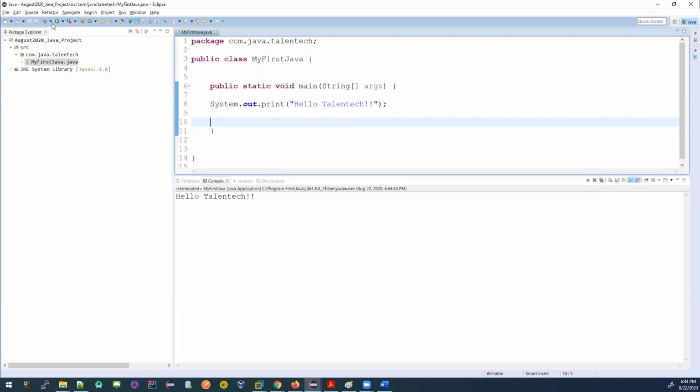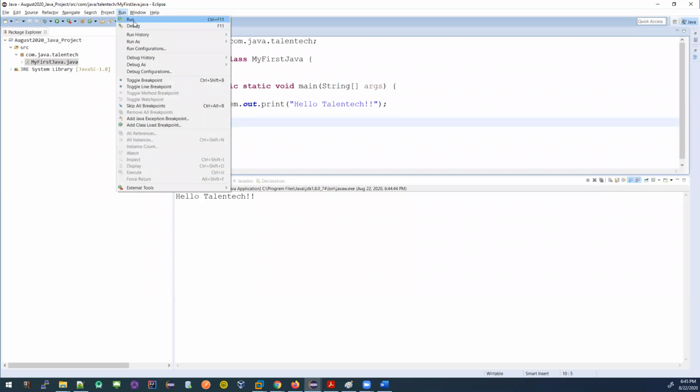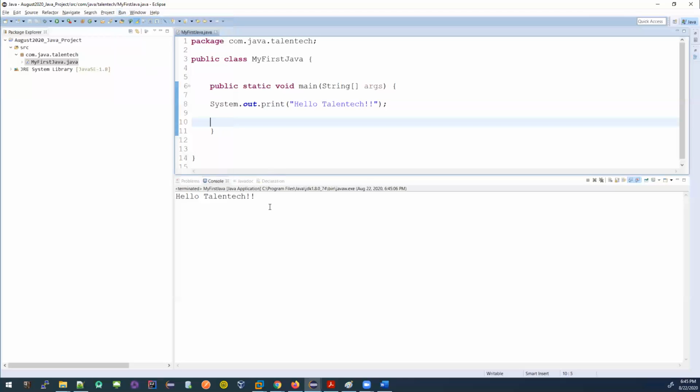Or you can go to Run and say Run. The shortcut is even given here. For Mac, it's going to be Command F11. Try it.